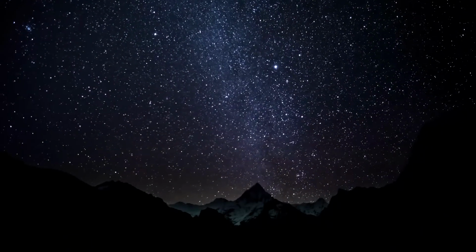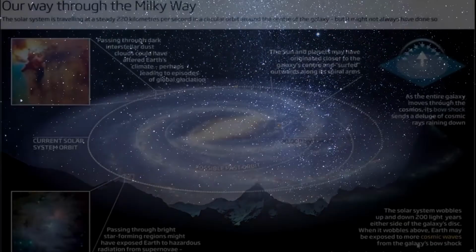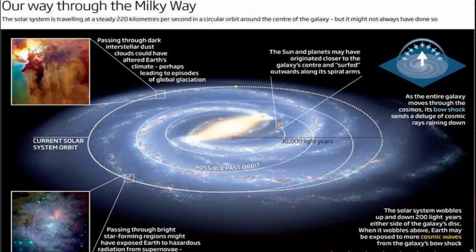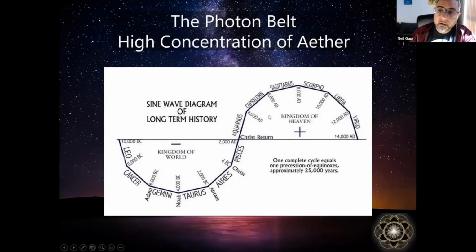When it wobbles above, Earth may be exposed to more cosmic waves from the galaxy's bow shock. So conventional scientists have realized that the galaxy emits some sort of bow shock, and the bow shock actually goes to what is on the top of the galactic center. It spews this energy, this radiation, or whatever it is, to the top. When we're in this element right here, the scientists are saying that there is some sort of frequency, some sort of bow shock of cosmic rays that are actually bombarding everything on top of it,